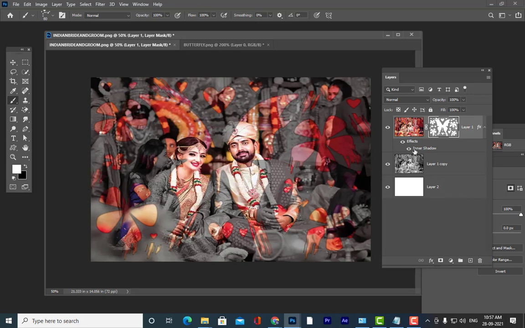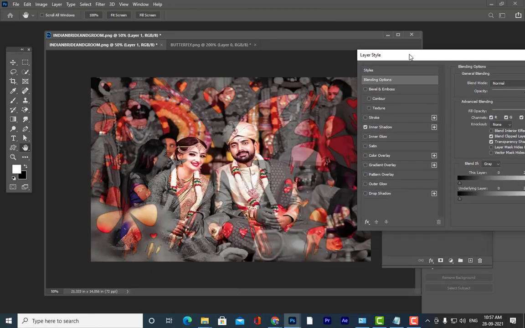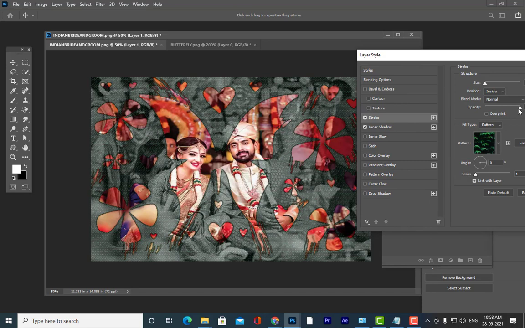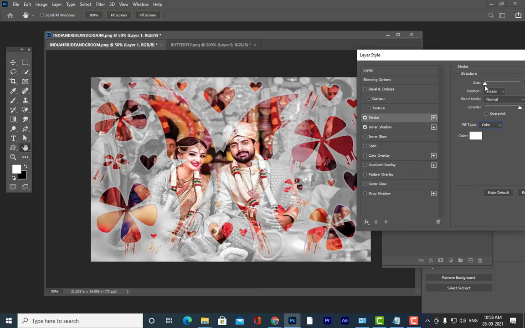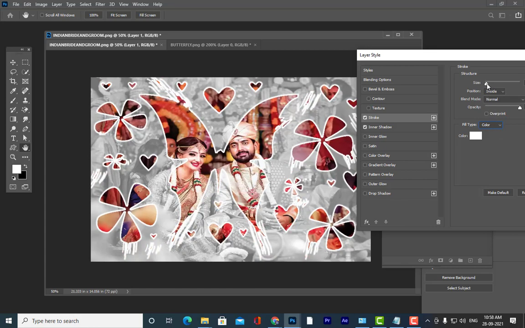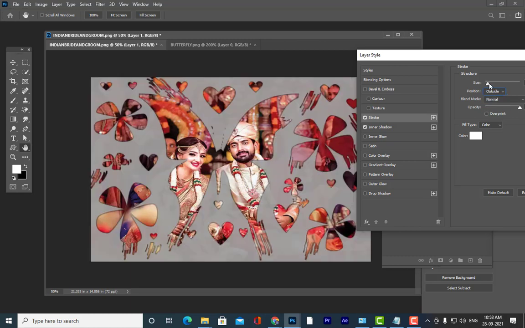Okay, is it clear, all of you? Yes, sir. We can again apply these strokes and make it more interesting here. Let's come back to the colors. We can change the color and size. We can say outside in case you want. See here, so many combinations.